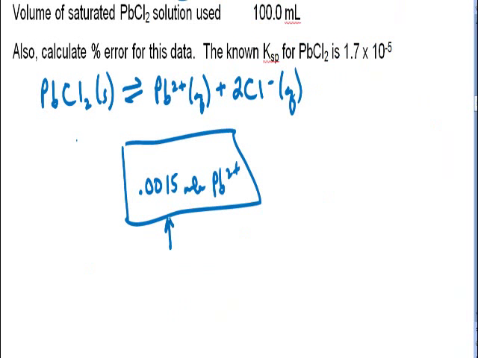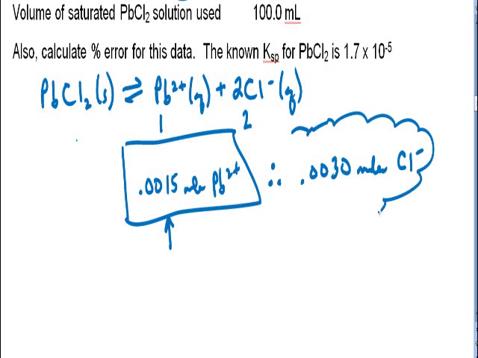Since we now know that the sample we used had 0.0015 moles of lead ion, and looking at the balanced equation for the saturated solution, we can see that for every 1 lead ion that gets put in the solution by the lead chloride dissolving, there's 2 chloride ions. Therefore, in addition to the 0.0015 moles of lead ions, there's 0.0030 moles of chloride ions present